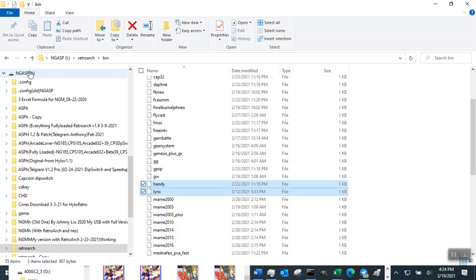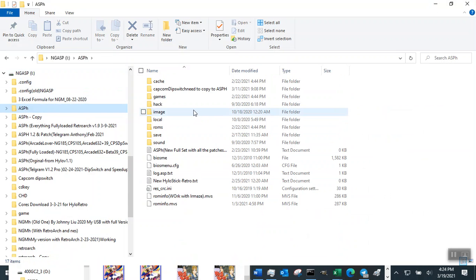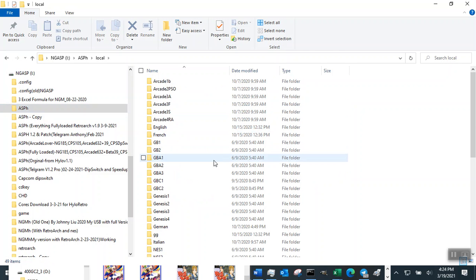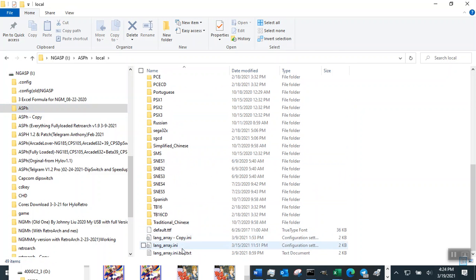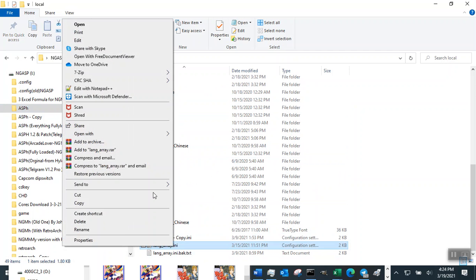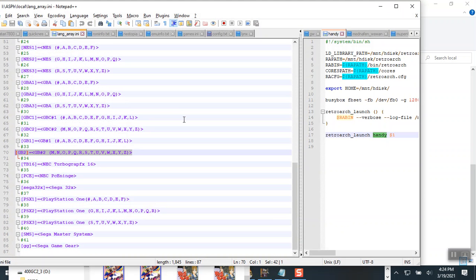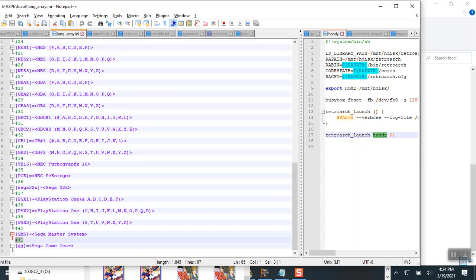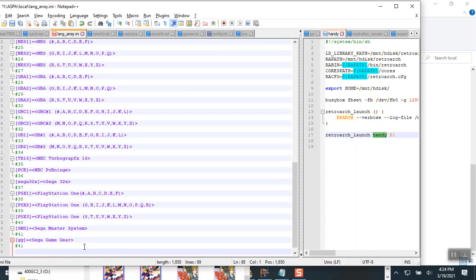Okay, so you go to your ASP folder. You're going to go to your location. Inside your location, you have one called LAN underscore array. So you're going to open that. You're going to edit that file. Okay. In that file, I put numbers. Those are the numbers you're going to follow. So the next one will be 42. Okay. And it will be a square bracket, and you're going to type in the folder name, which is